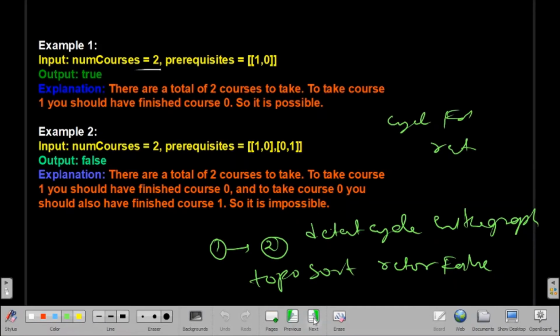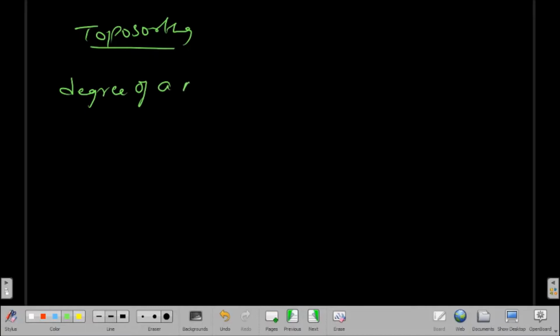Before going to topological sorting, we have to understand one thing: the degree of a node, and what it means. Let's suppose this is my node, node 1. We have to count the number of incoming arcs, the arcs coming to this node. Here we have only one arc,